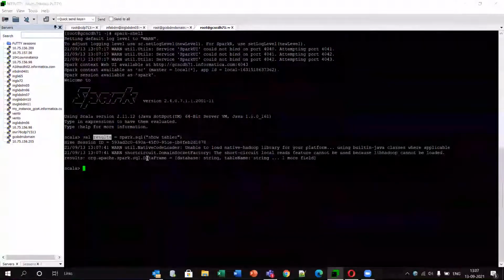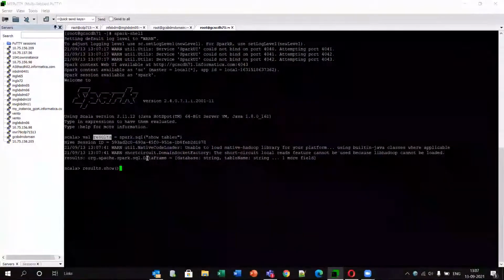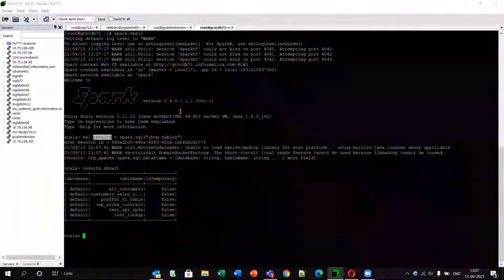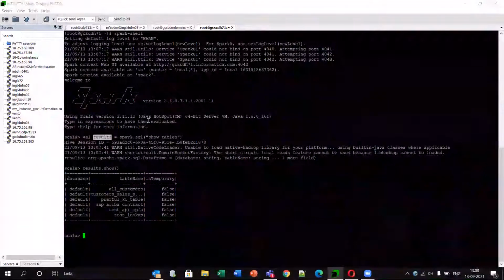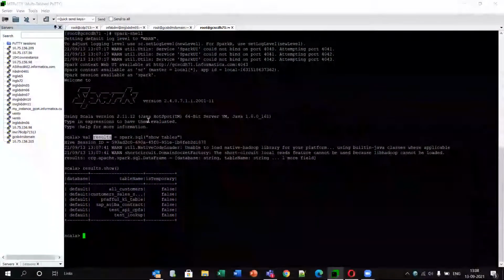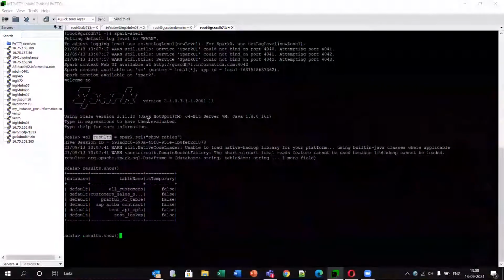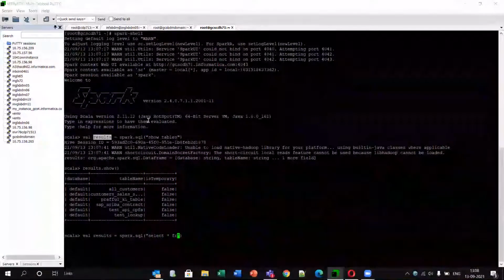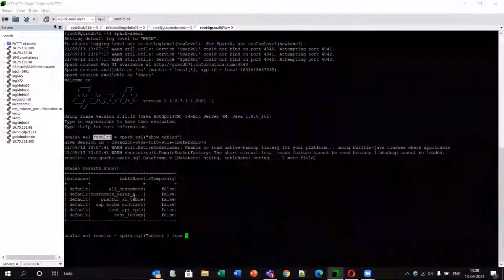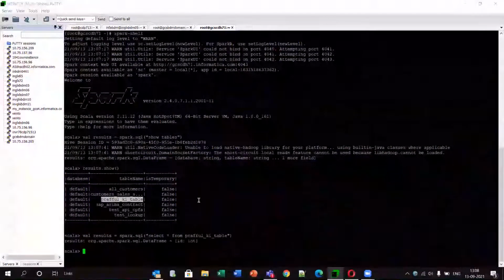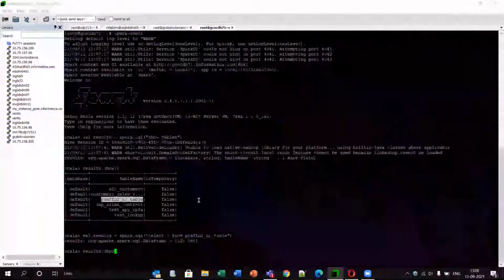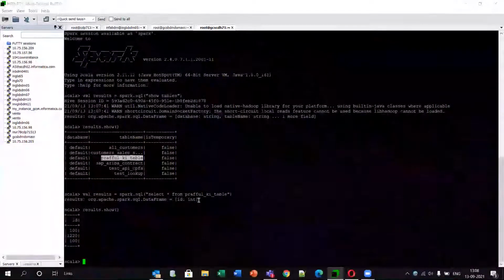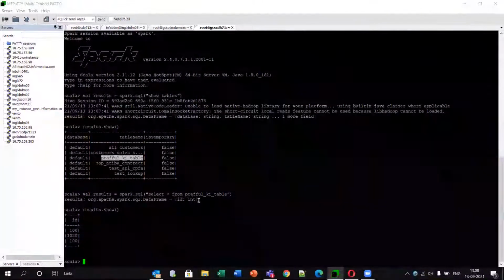After that, we have to run this command as well. So this is it. This is a simple task to do. If we want to select or fetch the data from a table, then we have to run a command like this: select from Praful key table. Now results.show. This will give all the records in the table.